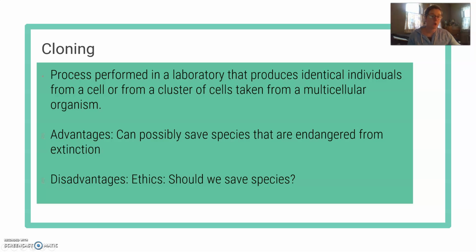Last one we're going to talk about in terms of forms of asexual reproduction is cloning. Cloning is a type of asexual reproduction, but it does not occur naturally in the wild. It must be performed by scientists in a laboratory. You have to take cells from organisms from the past and plant them in new and currently living organisms, and through reproduction they are going to be genetically identical because the material from the cell is identical. Some advantages of cloning is that it can be used to save some species that are endangered